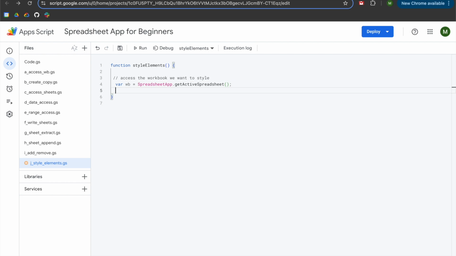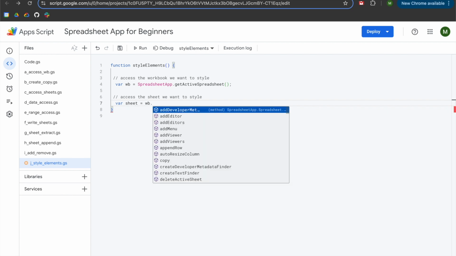So we're going to hit enter twice, left arrow twice, 2 slashes for a comment, and now we will access the sheet we want to style. We're going to hit enter and tab, and we're going to declare a variable of sheet, and we're going to set it equal to